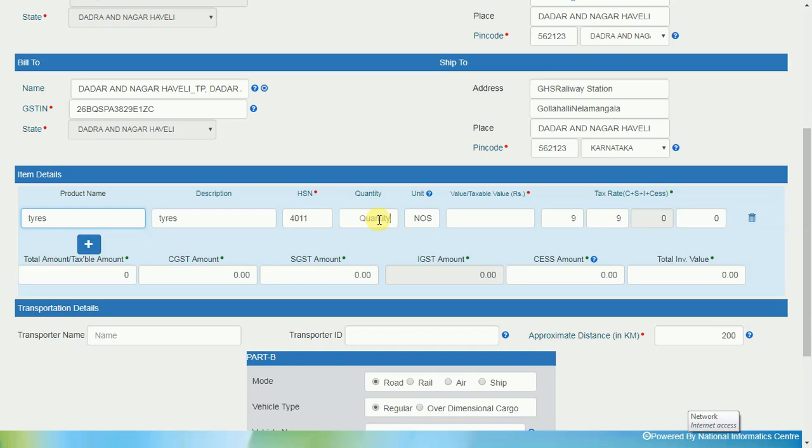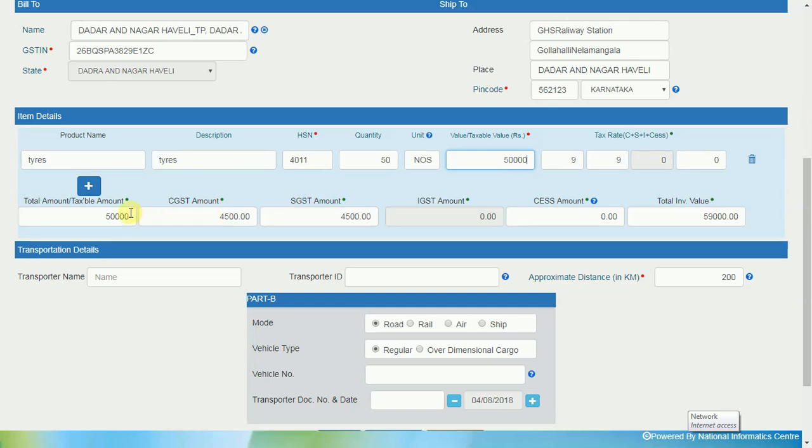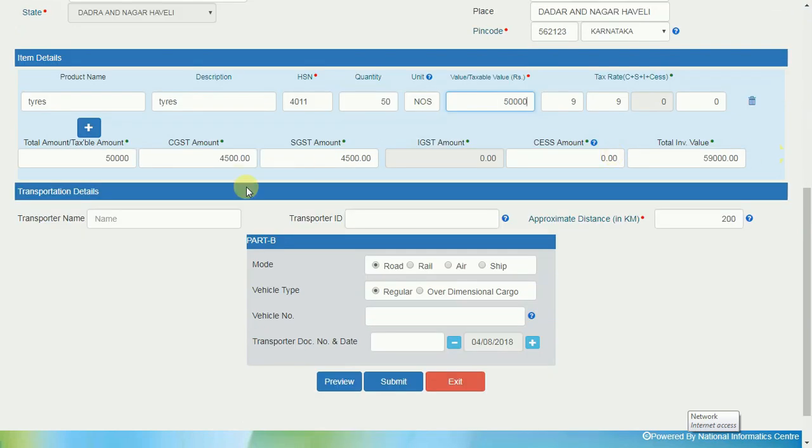Now, the user has to enter the quantity and the taxable value. The tax is calculated automatically. For intrastate, CGST and SGST tax, and for interstate, IGST tax will be calculated. Next, the user will update the transportation details and enter the transporter name,